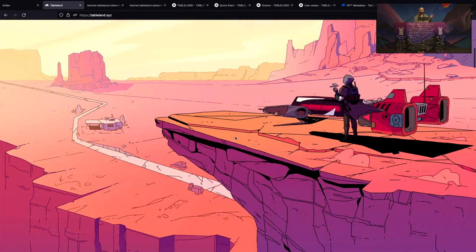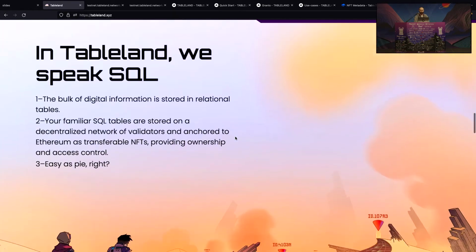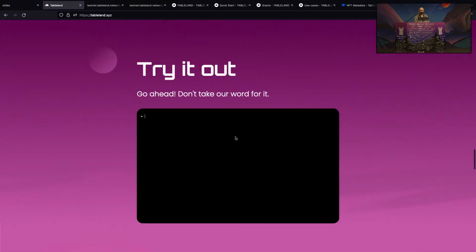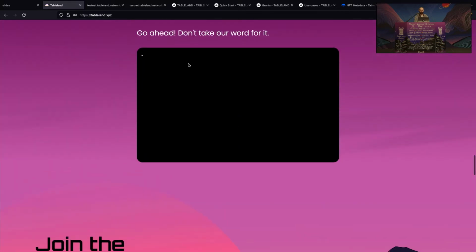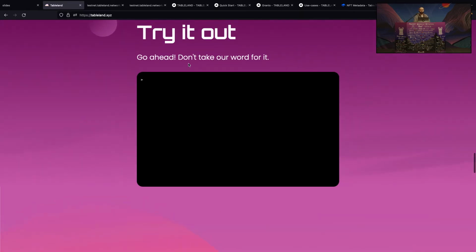Okay, so it's beautiful. It's a landscape. It's the tablelands. You're going to love it. Check it out. And then we're going to scroll all the way down to the bottom here, and we can just try it out. So this is an actual live terminal that's connected to the Tableland API, and so we can actually play around with it and create some live tables. So we'll just connect to the network, and that will pop up